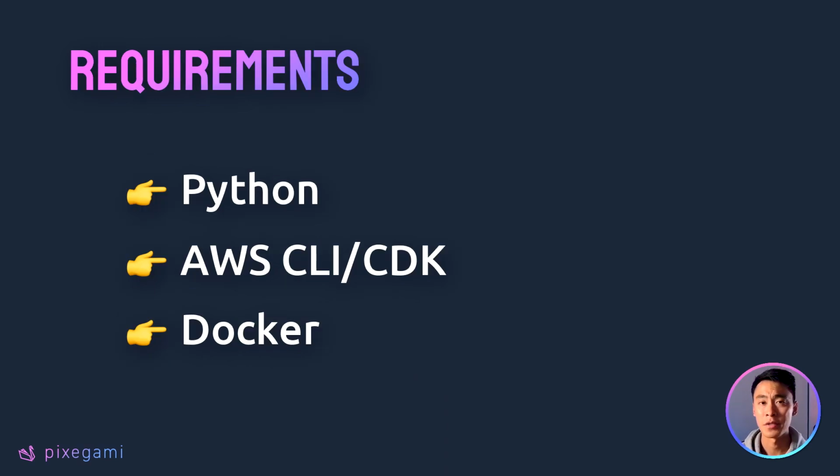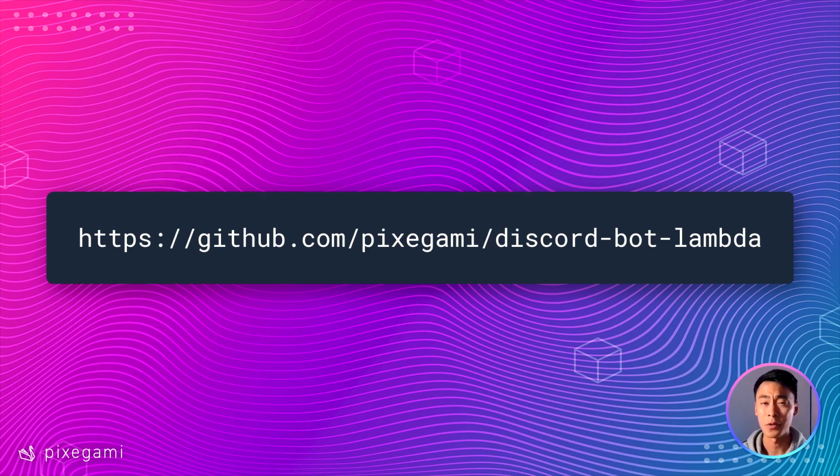Now I'm going to try to make this tutorial as simple as possible, but I recommend knowing some of these things in advance before starting them. So that's Python, AWS, and Docker. But I'll try to explain it so even if you don't know them, you can follow along. If you're ready to get started, then go to this GitHub repository to get the code. The link will also be in the description below.